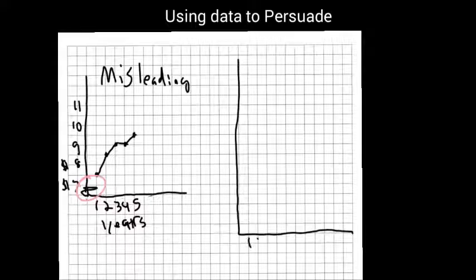so again we'll have the years 1, 2, 3, 4, 5. Over here we'll still have money, but this time we'll say 1, 2, 3, 4, 5, 6, 7, 8, 9. So year 1 was $7.50, year 2 was $8.50, year 3 was 9,